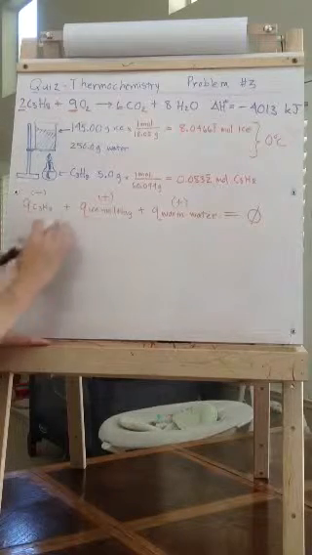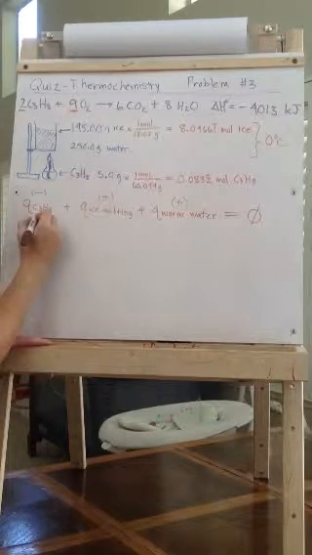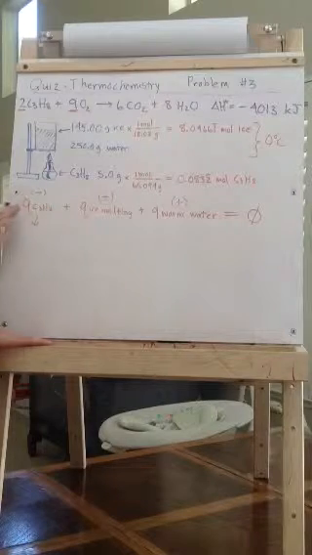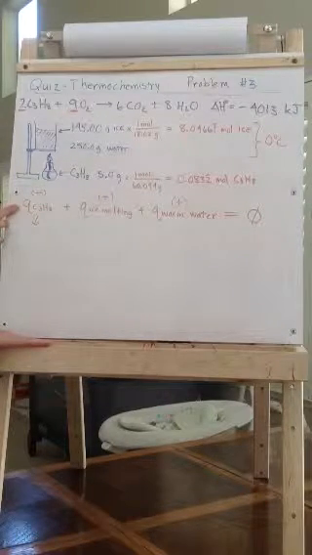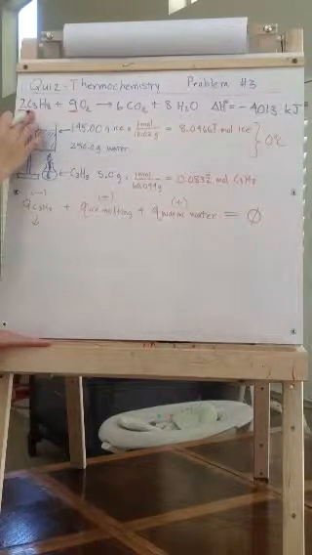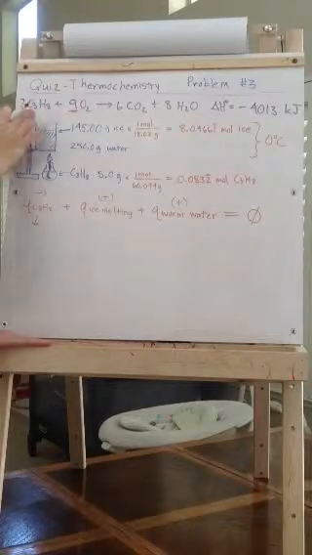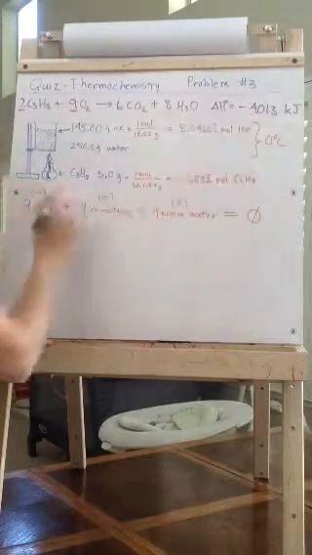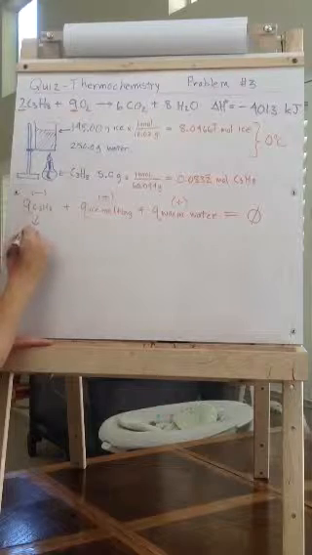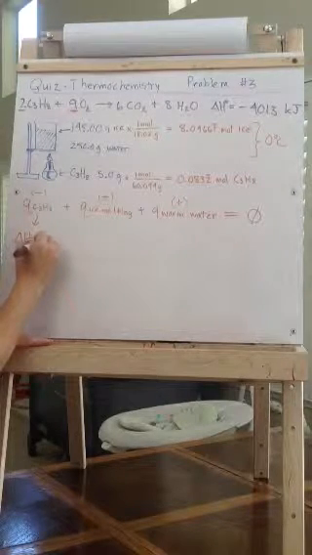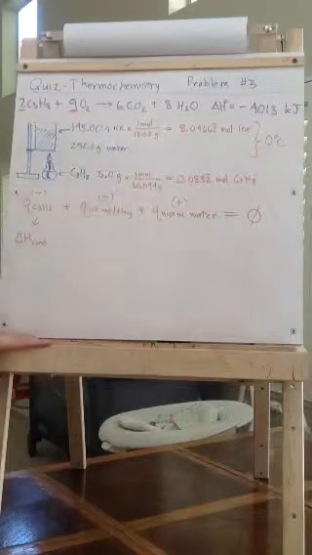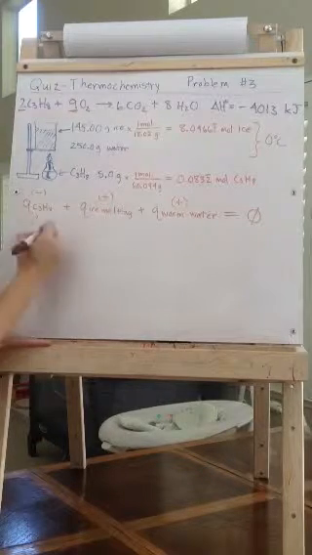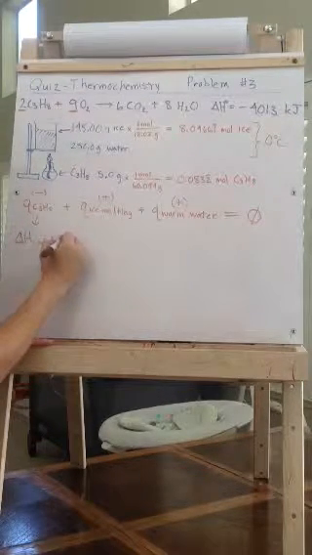Now I have to replace all these Q's with the different expressions that they represent. So the first one, this is the heat generated in the reaction of isopropyl alcohol burning. So it's the reaction that I had in part A. I already calculated the enthalpy change for that reaction. So it's the enthalpy of combustion for that reaction in part A, times the moles of isopropyl alcohol that actually